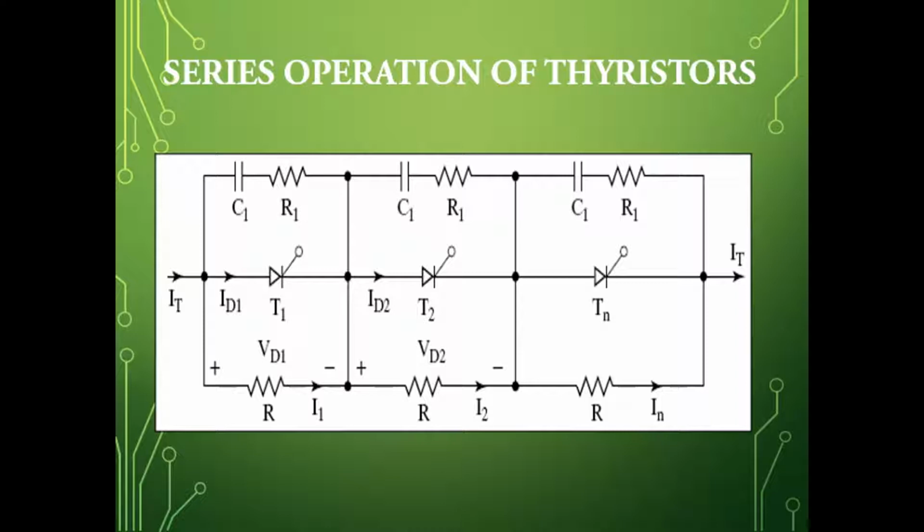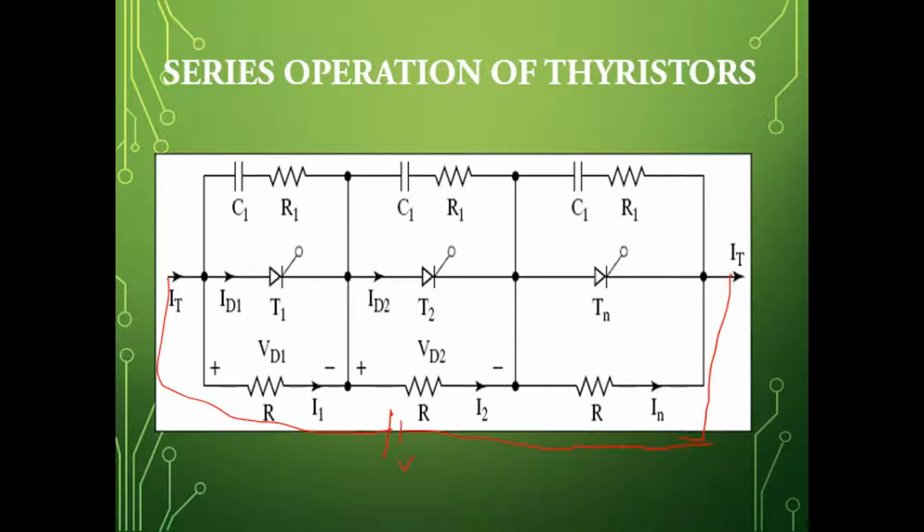Why? Because say, for example, we connect a voltage source, a supply, across these n thyristors which are connected. For example, I am showing you here. We have connected a supply across 3 thyristors. Here you have 3 thyristors in series. Forget about all the other components connected here. Assume that you have only T1, T2 and Tn. Instead of Tn, we will take it as T3 connected across the supply. So all this T1, T2 and T3 should have the same VI characteristics. That means its on-state current, off-state current, on-state voltage, off-state voltage, everything has to be the same.